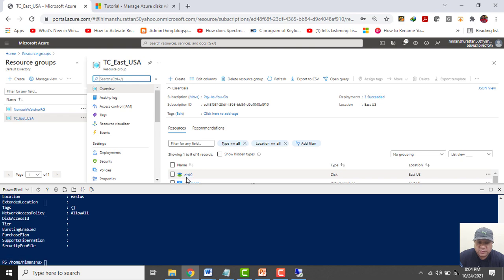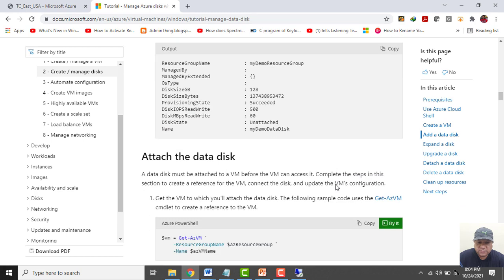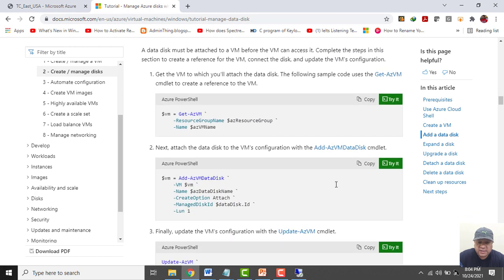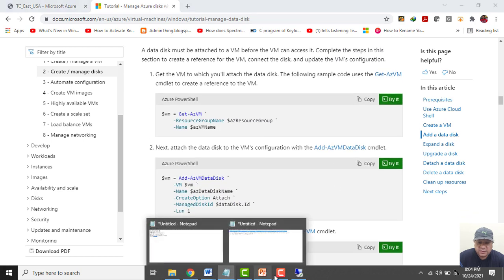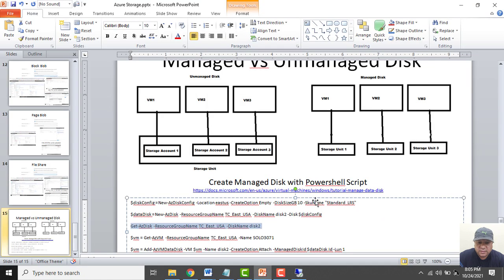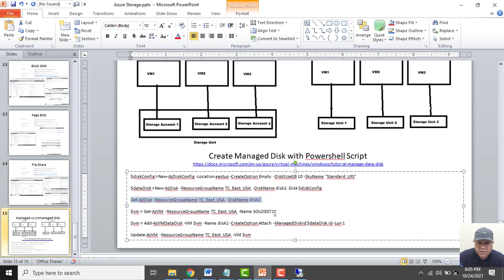Now what we will do, we will attach the disk. But before attaching, let me get the configuration of the VM I need to attach it to. So Get-AzVM, the resource group is this, and the VM name is Solo3071.